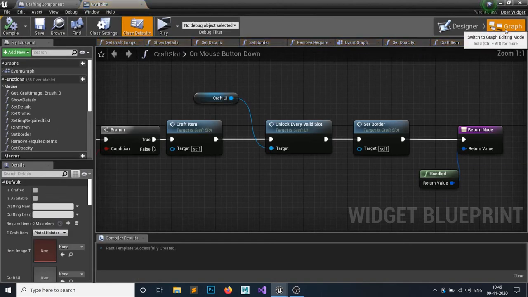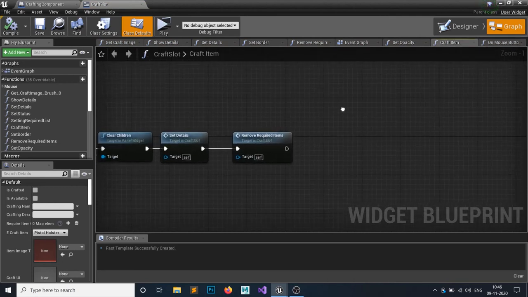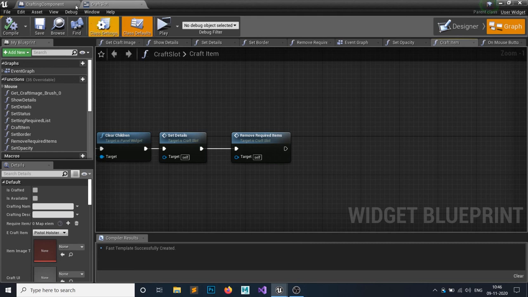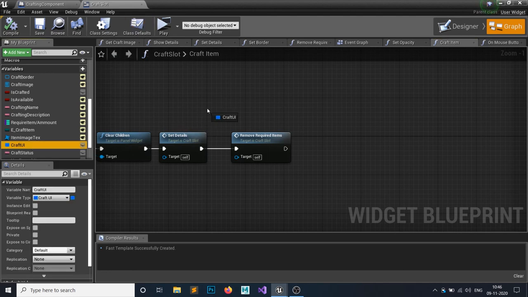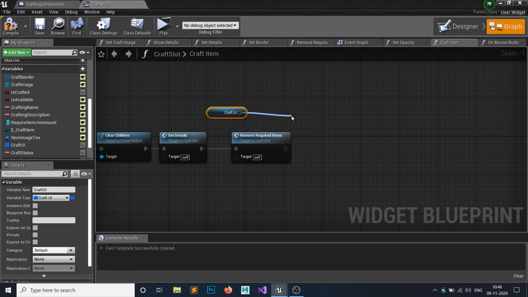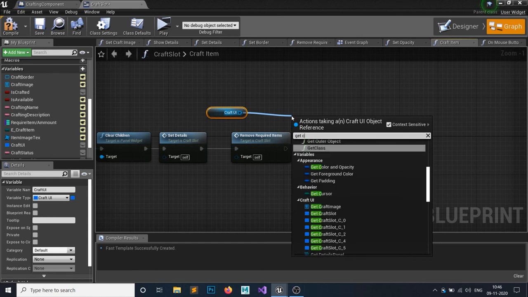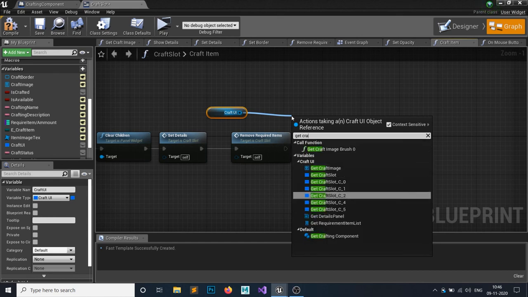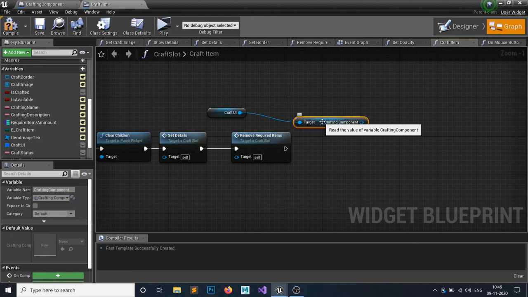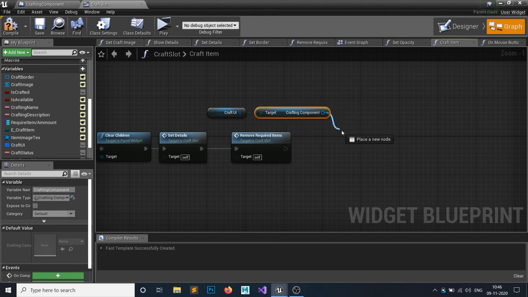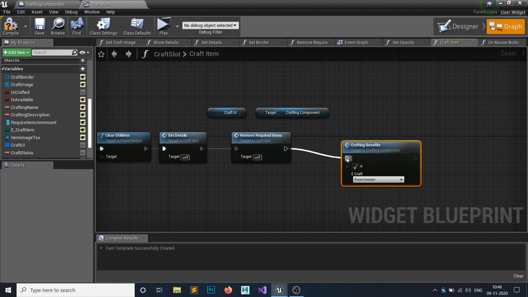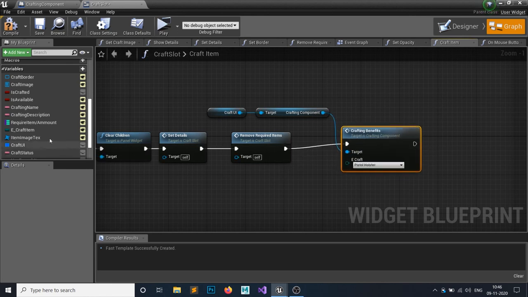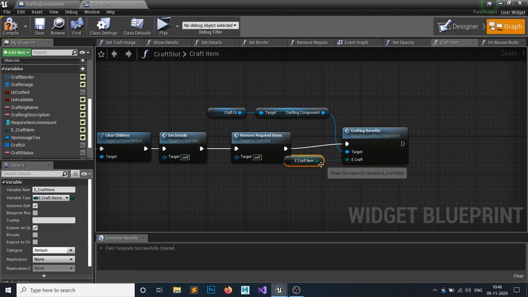So on the craft items, when we craft an item, we have to call that benefits function, and you can see we have this crafting UI, and this crafting UI has that crafting component. So from the crafting UI, get the crafting component, and the crafting component has that benefits function. So call that crafting benefits function, and the enumeration would be the slots enumeration of what the slot is.